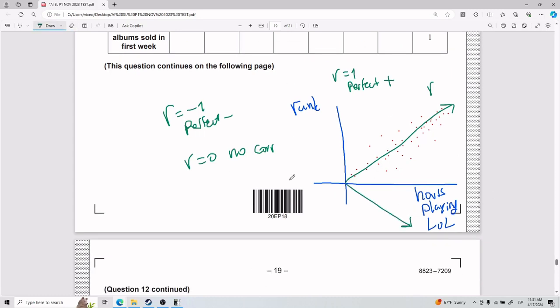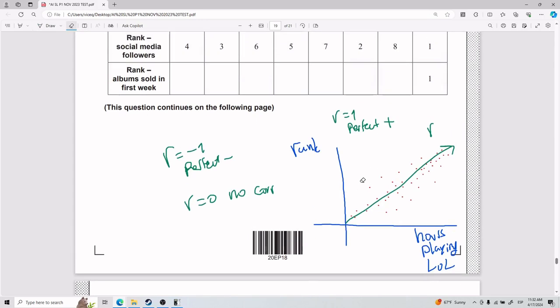See? So that would be the more you play League of Legends, the lower your rank is, which would be my scenario. Okay? Maybe your scenario, because you have quicker reactions, because you're probably a millennial, not a boomer, is gonna be this right here. Okay? Anyways, enough jokes. Back to the world of math.